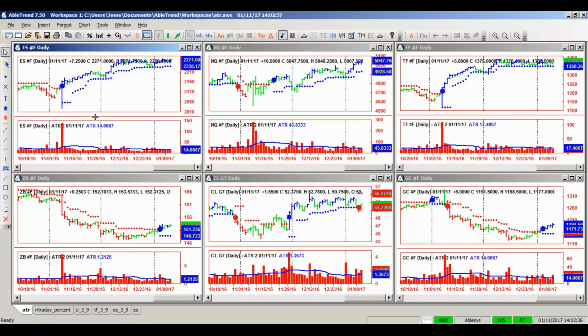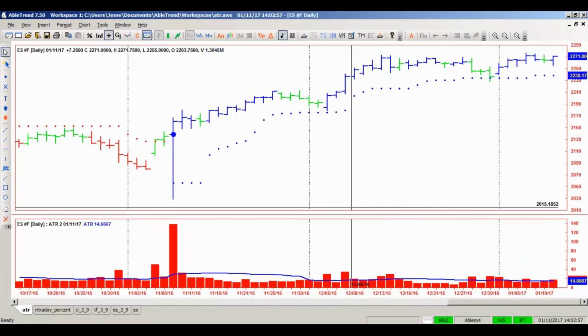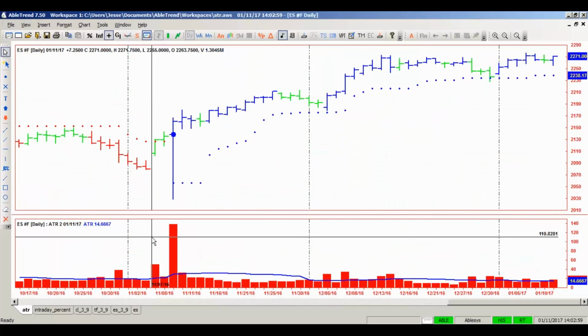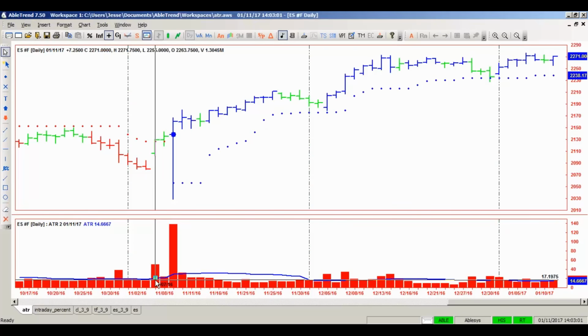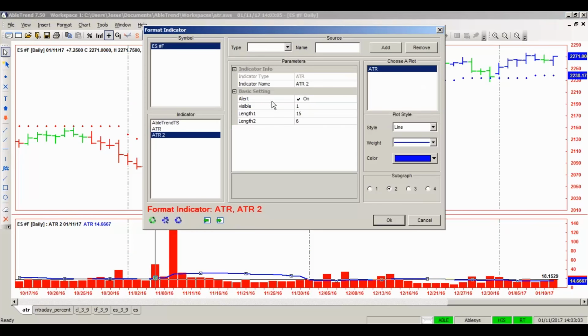Set to go. Had a reasonably, I don't want to say choppy, but just relatively low volatility trading session today. We actually can see here what this workspace is set up for. I've got the ATR down below, and if you're interested, you can set it up this way. Just throw on the average true range onto a daily chart for the products that you trade. And this is really more relevant to intraday trading, but